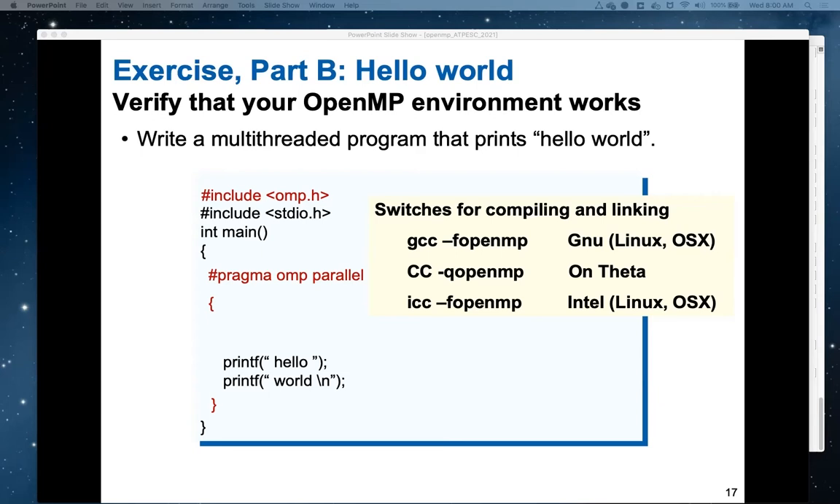Yeah, that's a good question. Someone's asking how long is the average wait time on Cooley nodes when you're submitting to the queue. So if you use your own computer,